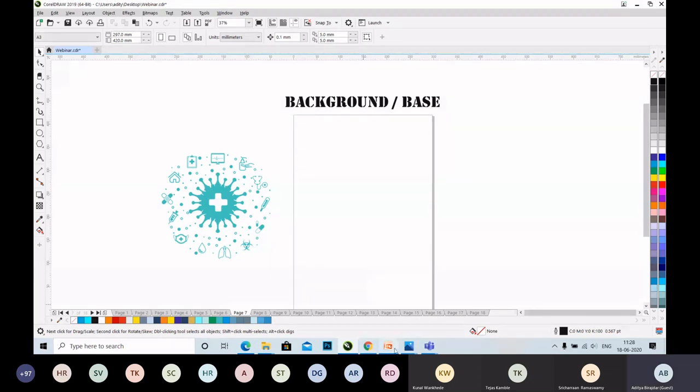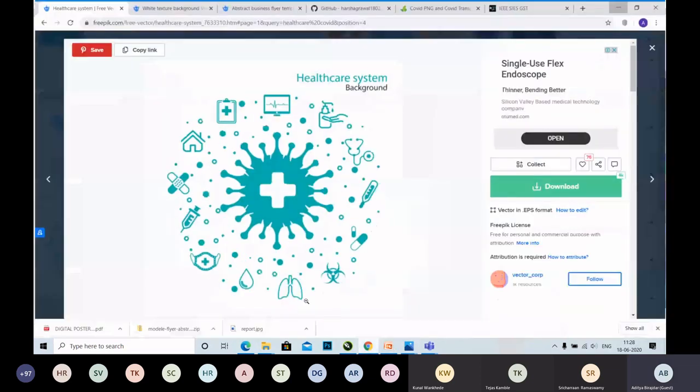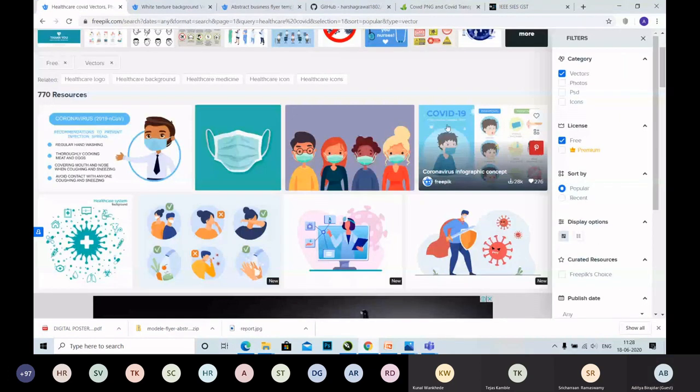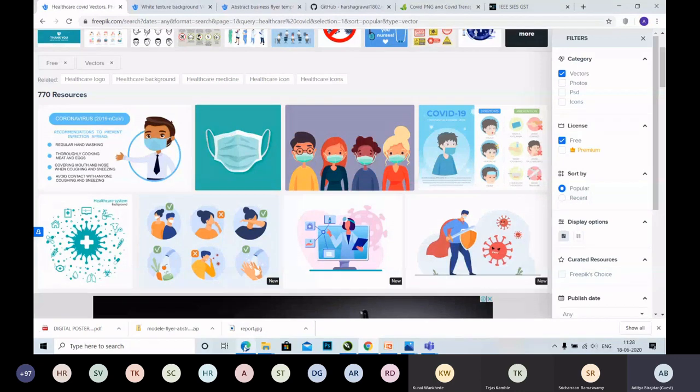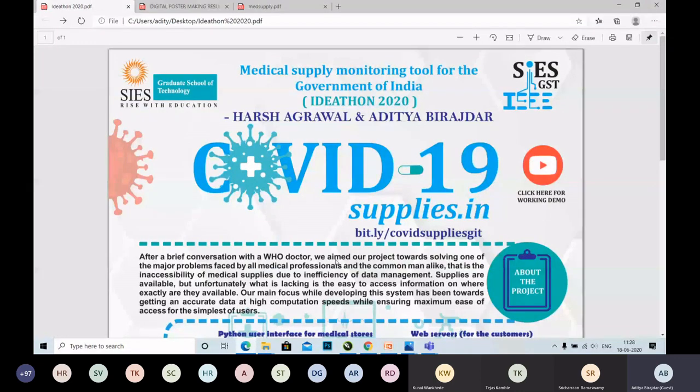And let's look for some base at freepik.com. Any professional poster should not be too colorful or too dull. We need to manage and balance between keeping it professional yet elegant and creative at the same time.